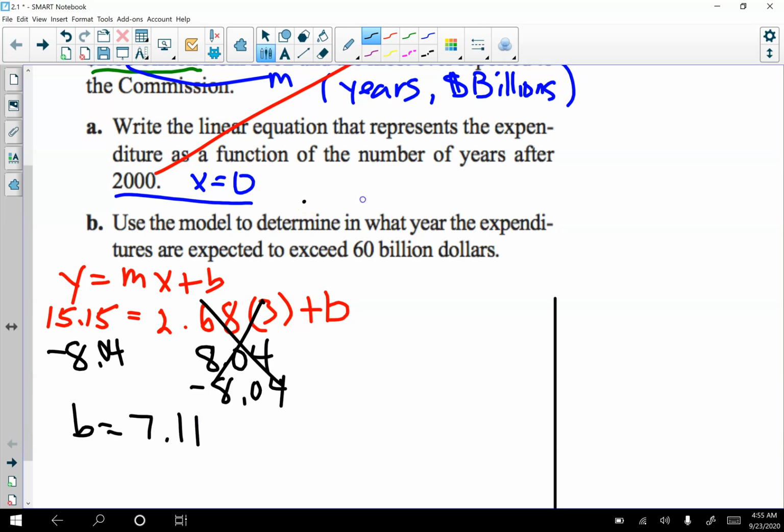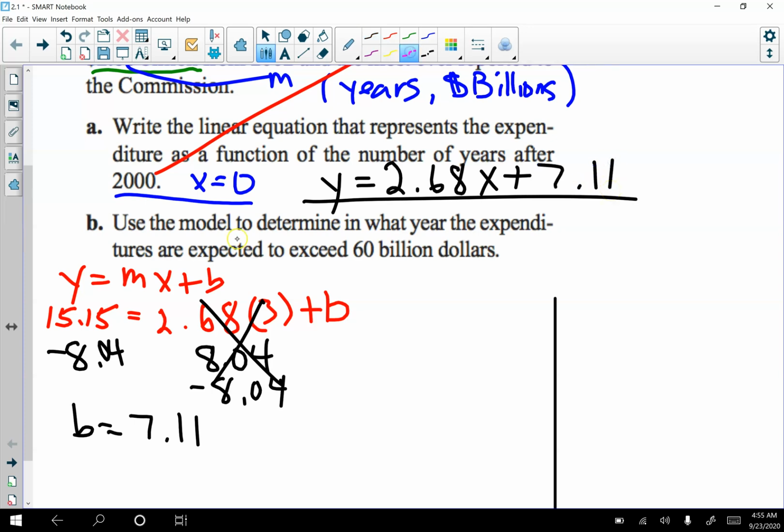So I'm going to actually write that linear equation now. Notice the work that I showed on here to get credit if there's one like this on your test. So y equals the m, which is 2.68x plus 7.11. So use a model, and whenever they say the model, they're talking about the equation, to determine in what year